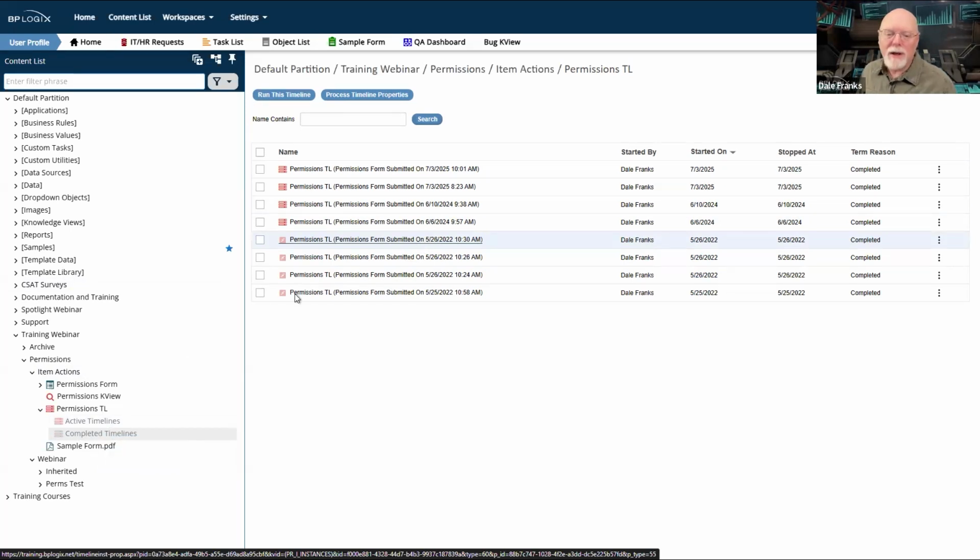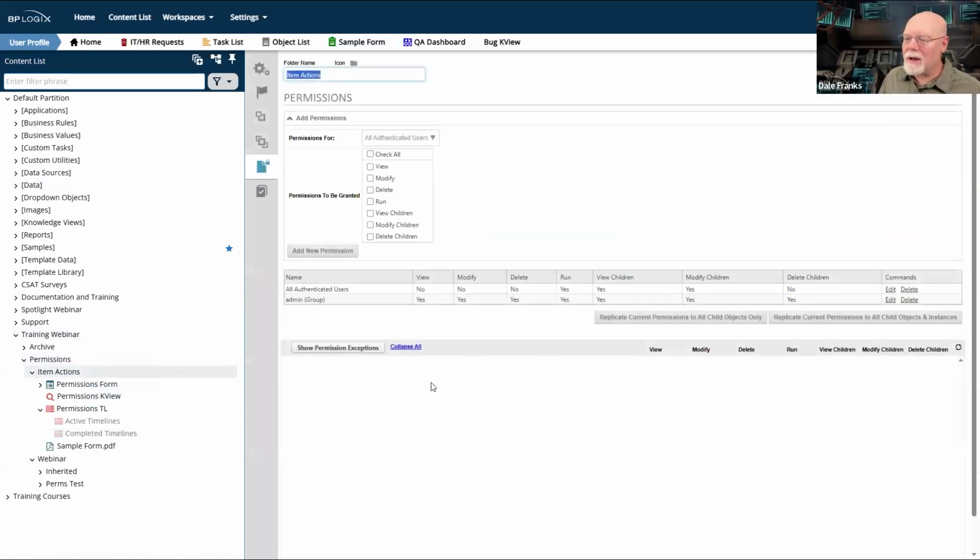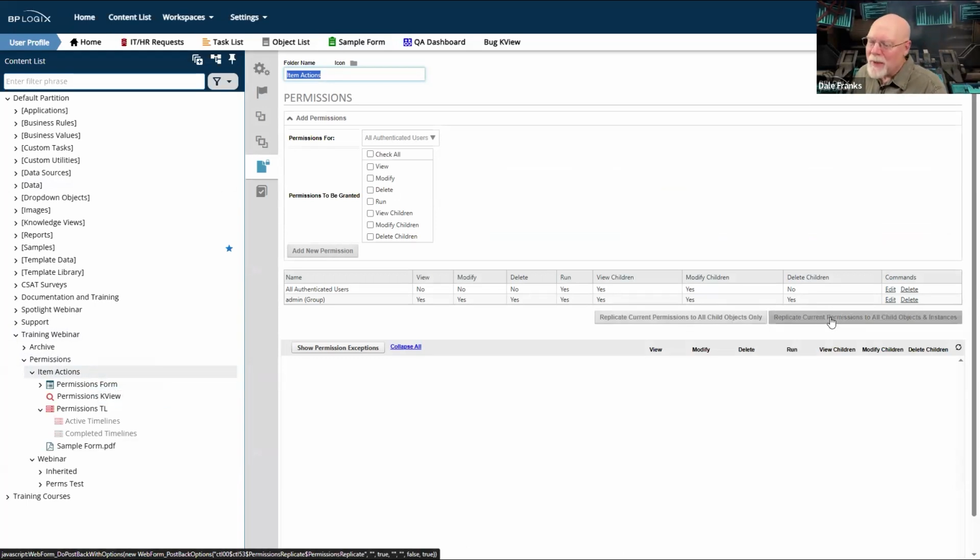So some caution is warranted. Whenever you go into the folder level and you're making that decision, do I do just child objects only or child objects and instances? While in most cases, child objects and instances won't get you in a lot of trouble, the potential is there. Again, I can't answer a general question about when I would click one button over the other. All I can tell you is what is going to happen if you click one button over the other. And you really do need to think through the implications.